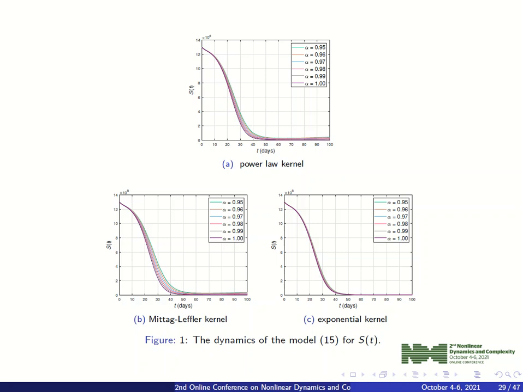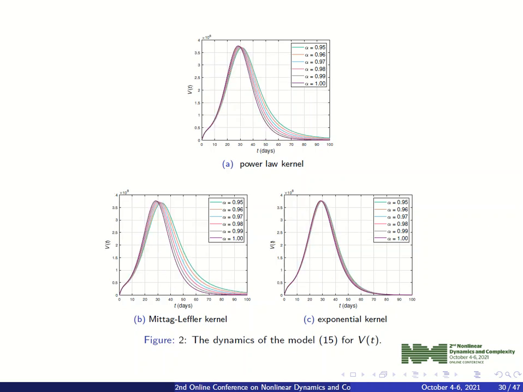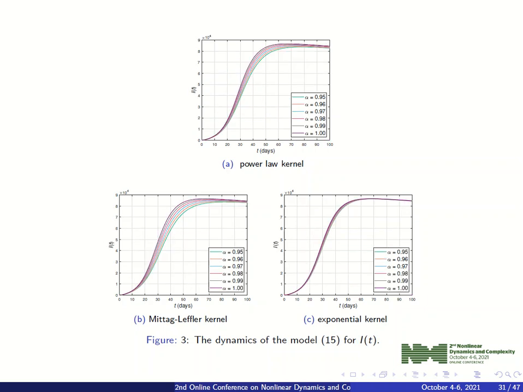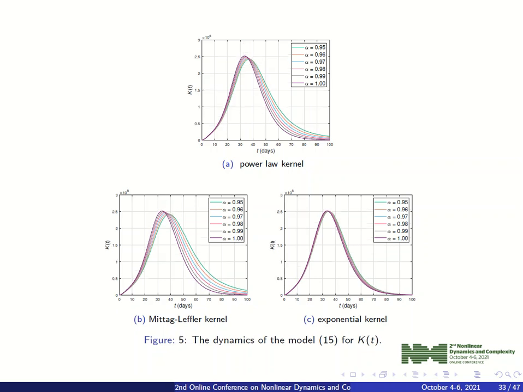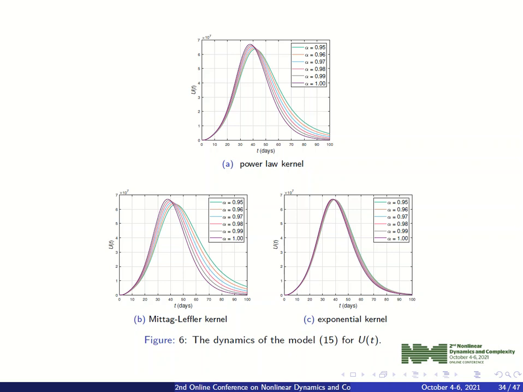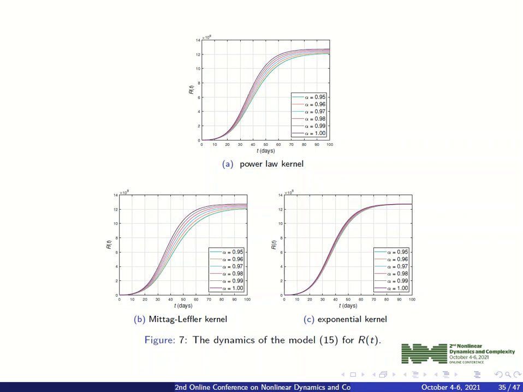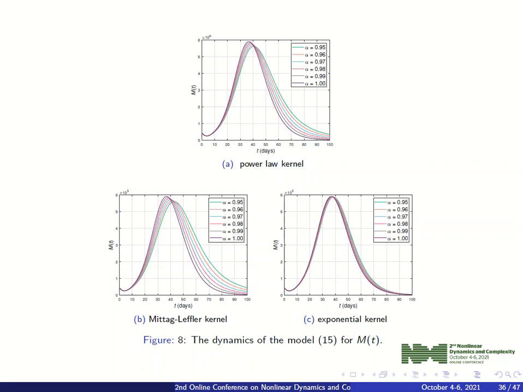Figure 1 related to susceptible people. Figure 2, vulnerable individuals. Figure 3, clinically symptomatic infected people. Figure 4, asymptomatic infected persons with hardly any clinical signs. Figure 5, quarantined people. Figure 6, under treatment individuals. Figure 7, people who are recuperated. And finally, figure 8 related to seafood market people who visit the markets and purchase the food, get infected and spread it throughout the environment.